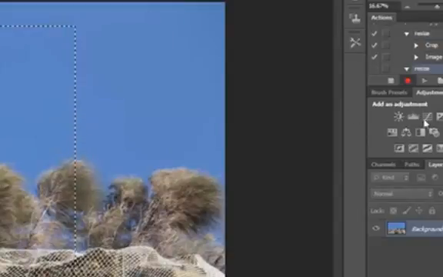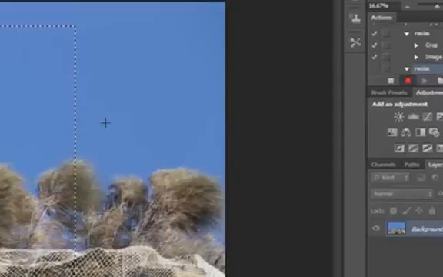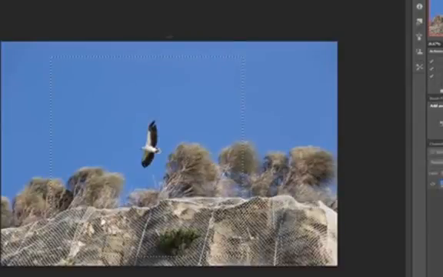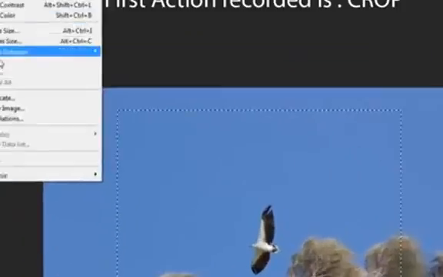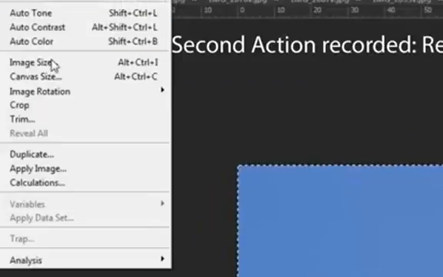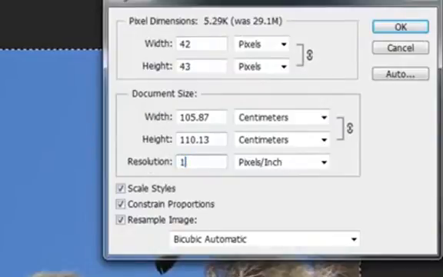and start recording. As soon as you click that record button, you'll see that red light is on, and so every step that you now will perform will be recorded as an action. So what I do now is I go Image, Crop and crop it down to that size. I go Image Size and make sure that my resolution is 150 to match the resolution of the grid that I'm going to be putting it into,